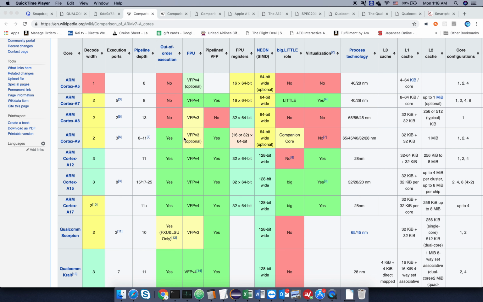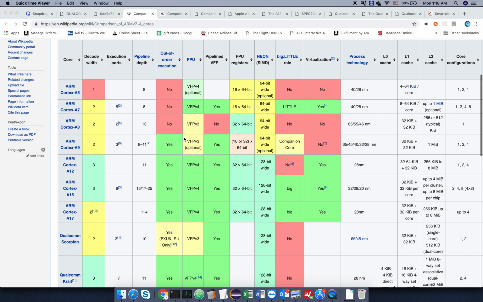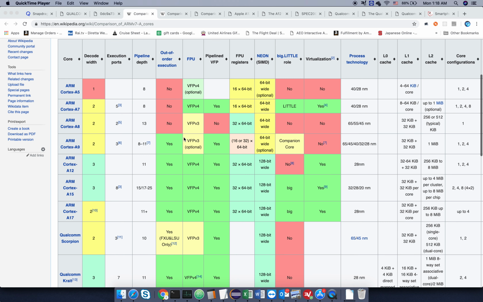This may or may not interest you, but it's kind of important for understanding certain businesses like phone makers and mobile CPU makers such as Qualcomm, Apple, Samsung, and probably Huawei, or even MediaTek if you're aware of them.